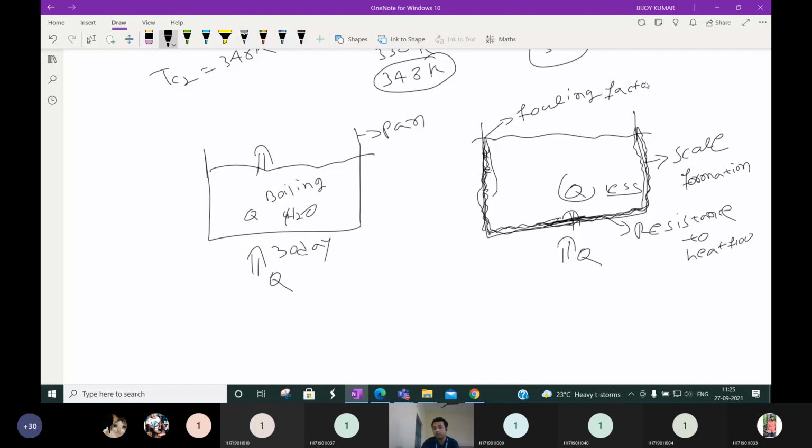About this detail we will discuss in the last class. In the 6th hour I have another class, there we will discuss. And one important numerical is also there based on this. That numerical is asked many times, so that numerical also we will discuss.